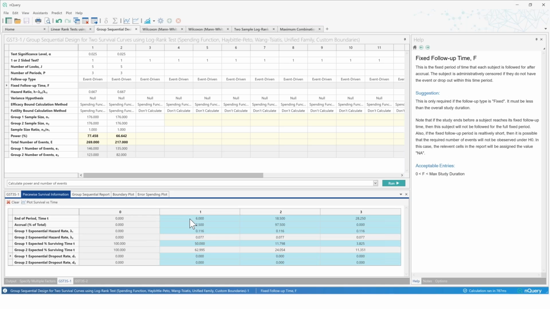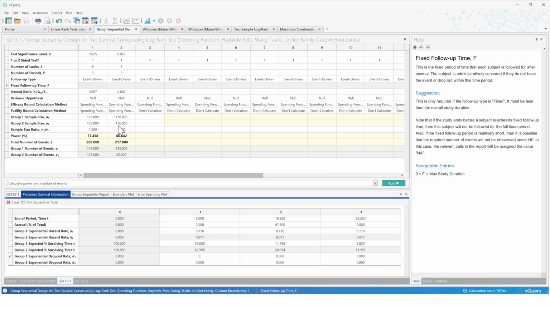We also see, similar to our max combo table, our piecewise information here. In this case, this is the reason why there's 2 columns here. One of these is accounting for dropout, and the other one isn't. For this table, I haven't mentioned dropout. The only thing significantly different, I suppose, besides the group sequential design aspect, is